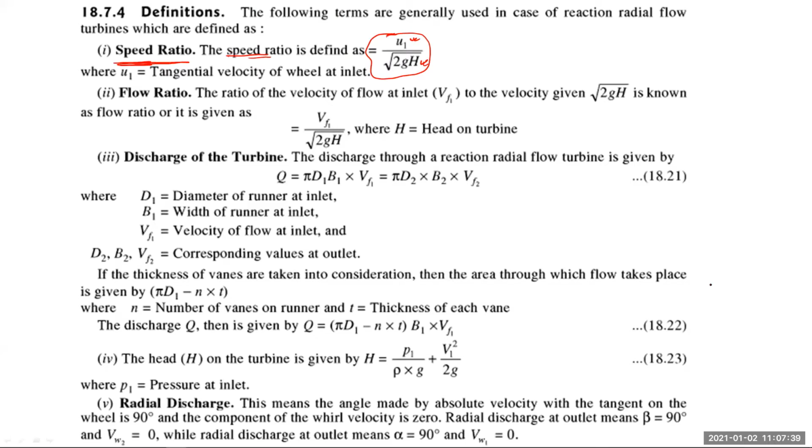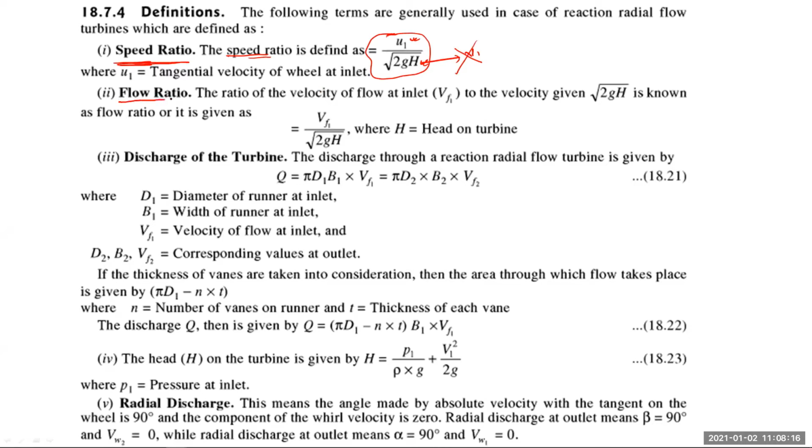Similarly, now you might be thinking, what is this root under 2gh? Am I properly audible? Anyone respond? Yes, sir. Okay, fine. So, what is this root under 2gh? If you remember, you were calculating your velocity v. This is your root under 2gh. Just for memory purpose, I am telling you, don't use this term v1 over here. You have to write root under 2gh.